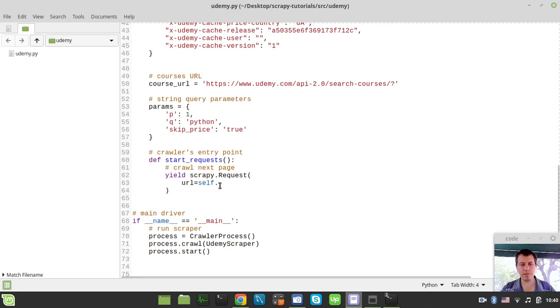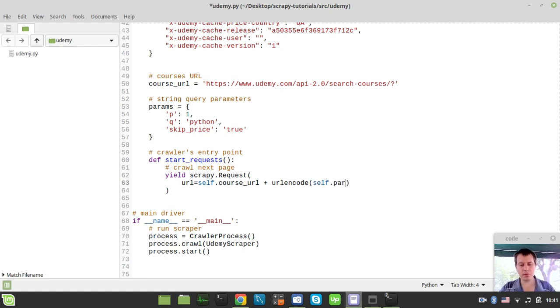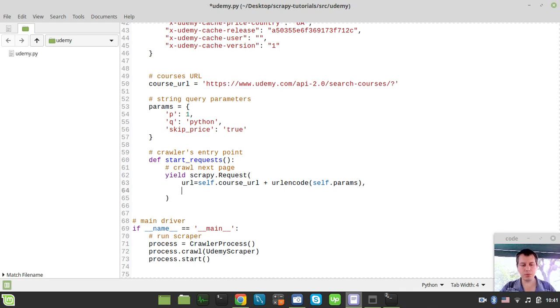So it would be self.course_url plus urlencode of self.parameters. So this should work, I really hope so. And also we need to provide the headers, which would be equal to self.headers,